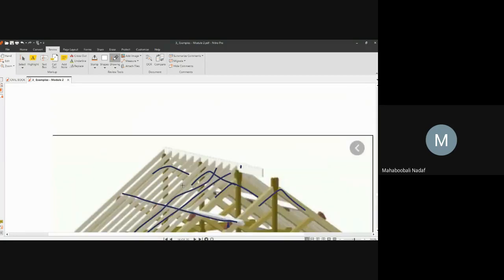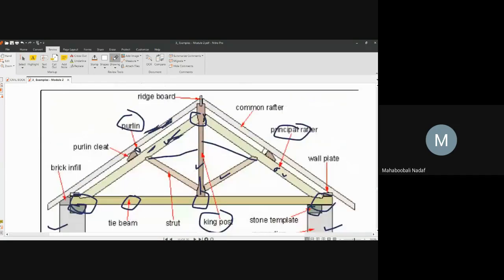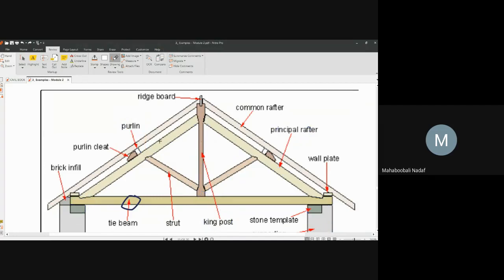To shed away the rainwater. So you have principal rafter, cleat, purlin, and common rafter. Now above the common rafter, you may have some small pieces of wood. Above this, you are going to fix the GI sheet.